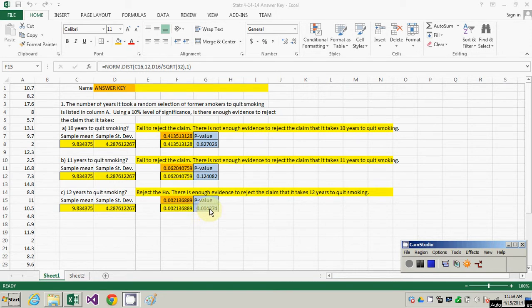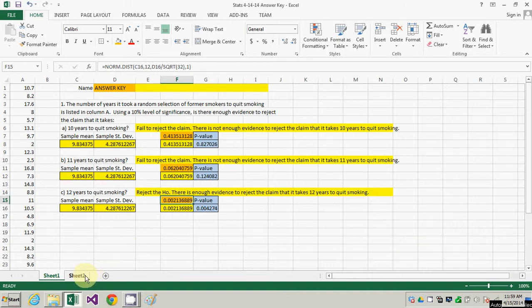So that's far less than the 10% for the level of significance. So therefore we can reject the null hypothesis. There is enough evidence to reject the claim that it takes 12 years to quit smoking. On the next page,